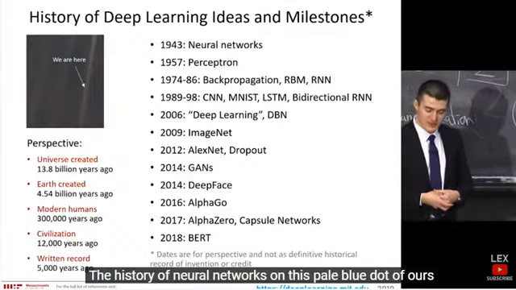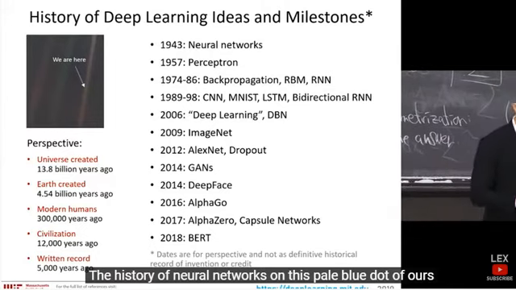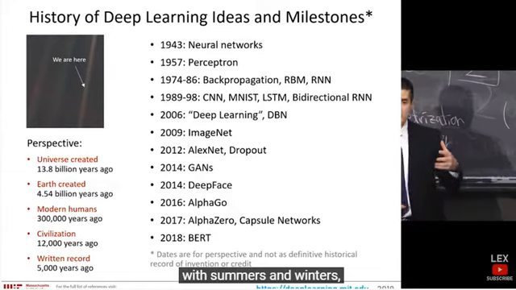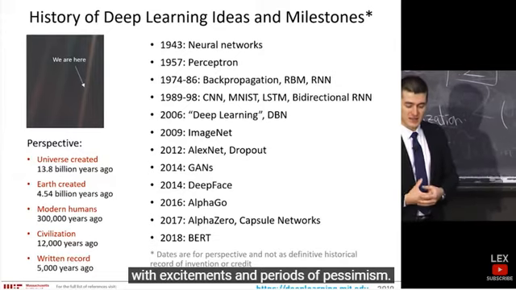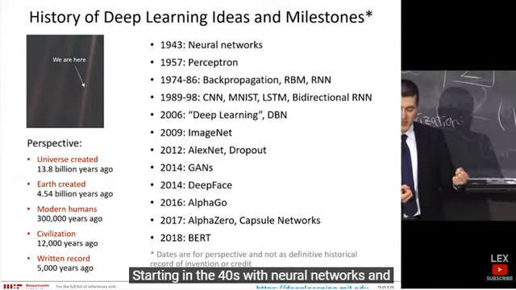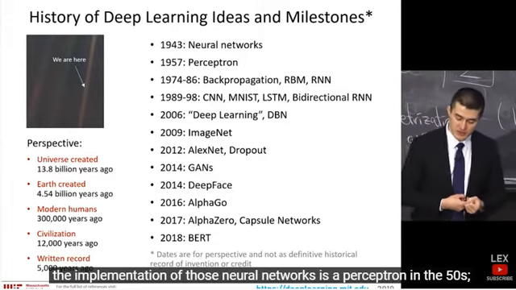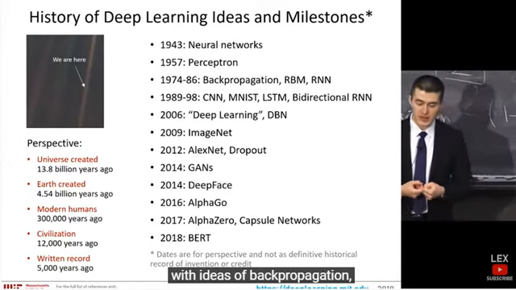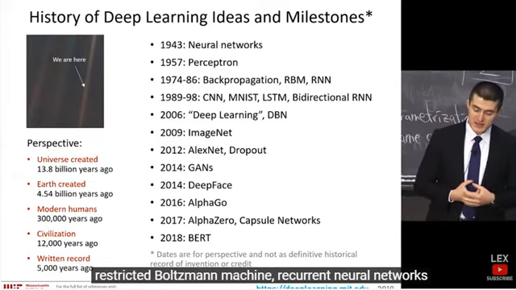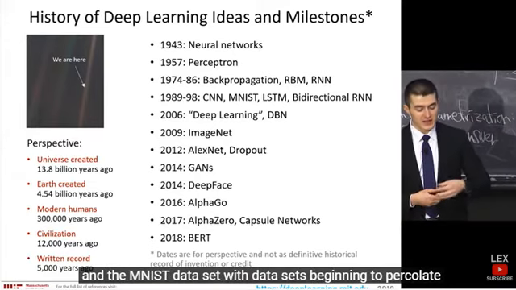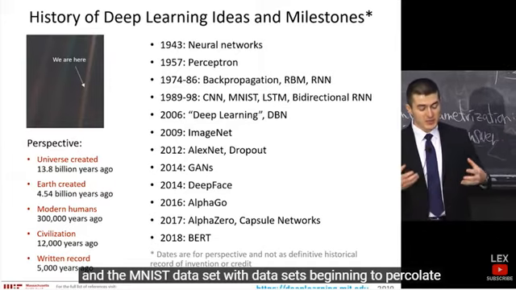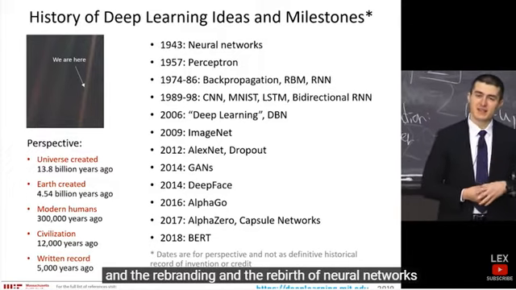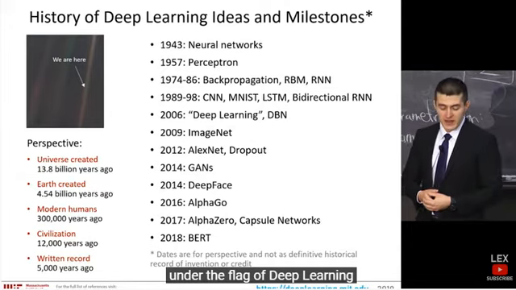The history of neural networks on this pale blue dot of ours started quite a while ago, with summers and winters, with excitements and periods of pessimism, starting in the 40s with neural networks and the implementation of those neural networks as a perceptron in the 50s, with ideas of backpropagation, restricted Boltzmann machines, recurrent neural networks in the 70s and 80s, with convolutional neural networks and the MNIST data set, with data sets beginning to percolate and LSTMs, bidirectional RNNs in the 90s,